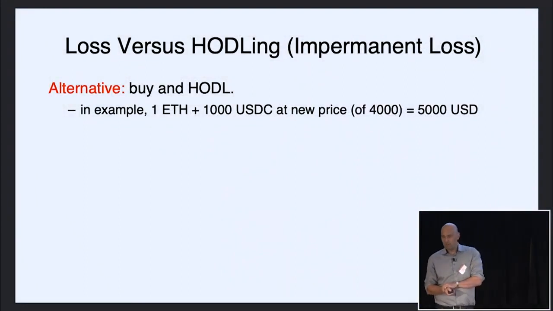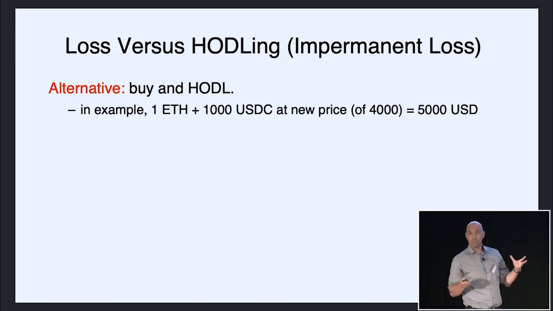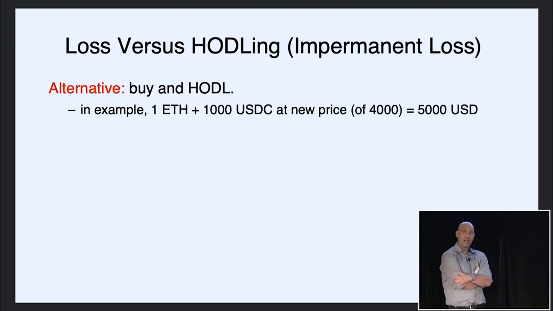And in this example, you would have done better had you just bought and held, right? Your original portfolio was 1 ETH plus 1,000 US dollars. After the price of ETH quadrupled, that would be worth 5,000, okay? Whereas you'll recall that at the end of the pool, your withdrawal was only worth 4,000. So you would have made 1,000 more dollars from buying and holding as opposed to putting those assets into the